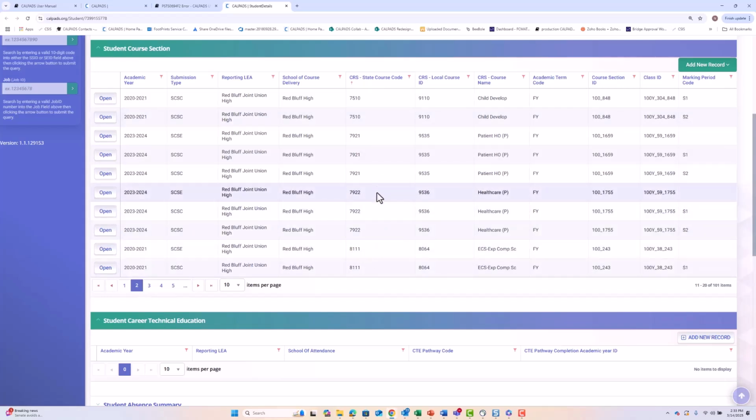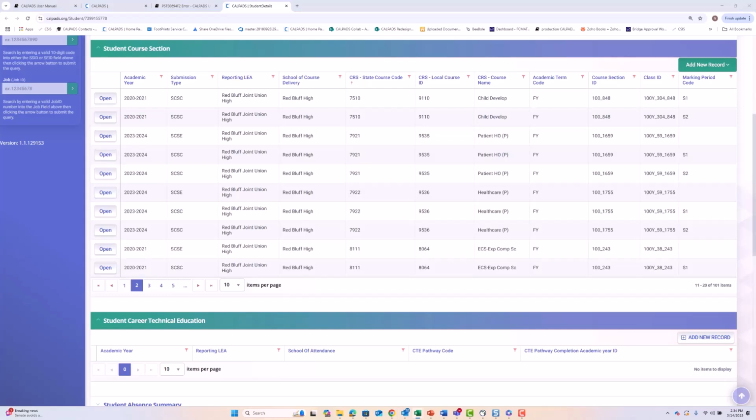And so I don't know these codes offhand, and the names don't exactly tell me if any of them are a capstone. Because right now, you can do this, and I would advise you to look in your student information system and identify if the student was a completer. I'm looking to see if the student met the conditions of being a completer in CalPADS. So I see the student has taken several CTE courses, were any of them a capstone?